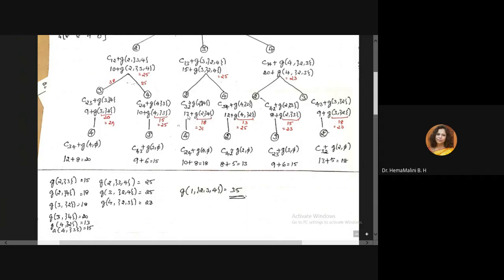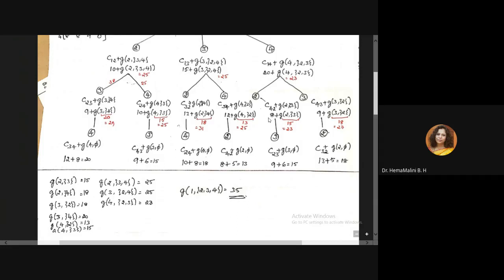So 18 plus this value is added and given to this node. Okay. So what is G of 4 comma 2? G of 4 comma 2 is this value 13. 13 plus 12 is 25. This node has the value 25.